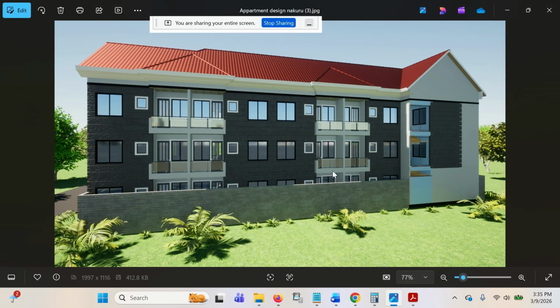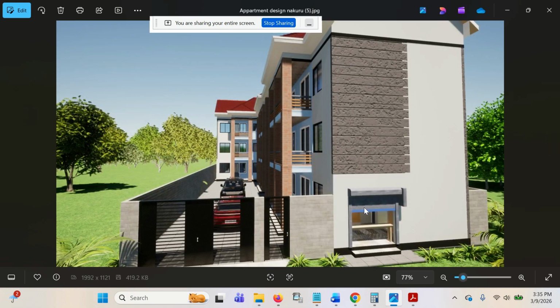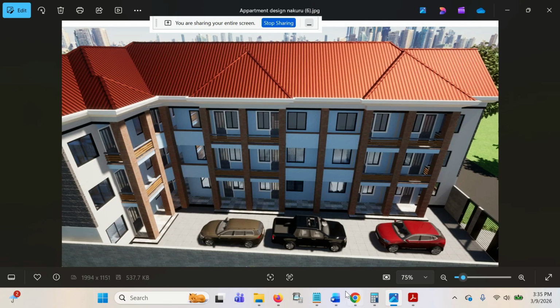So this is the other view of the apartment. This is the back side. As you can see, this wall protrudes outwards, and it gives you room to have a back space for these units here. The units on this side, which is the one bedroom, they don't have that luxury. But for these two bedrooms here, they have the luxury of having the back space they can use. This is the other side of it. This is where we started from.